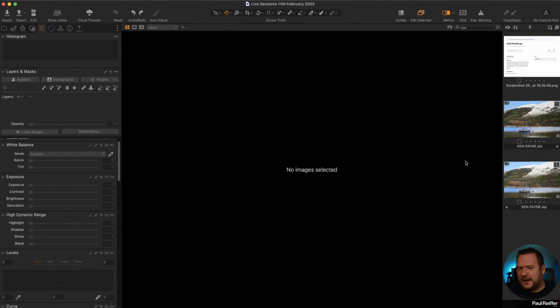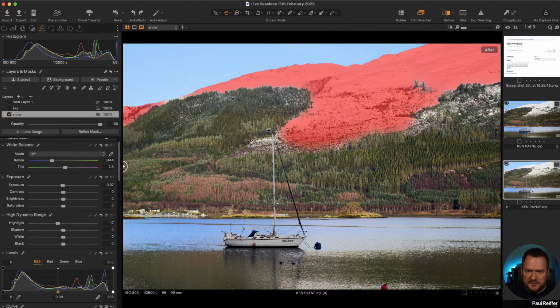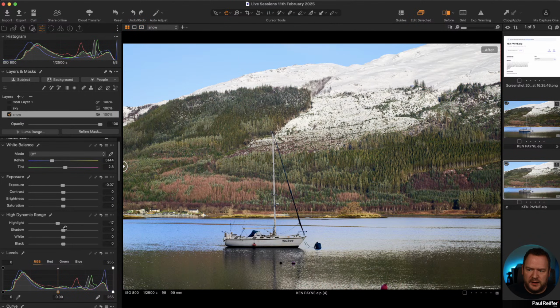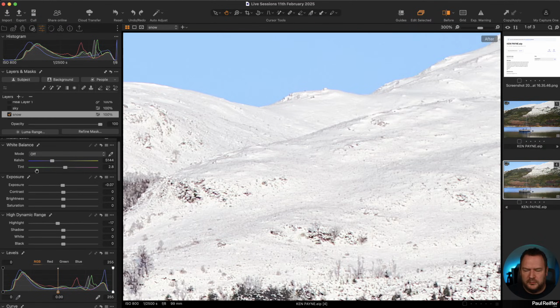Okay, next layer. Ken, you love the fact that we're dissecting your image. I'm sorry, but you asked, is there different ways of doing this? Yeah. So the snow, we have a layer on here which brings down the highlights a little bit, and all that's doing is giving us some of the detail back in the snow. So if we zoom in quite a lot, more than sort of 300% there. Up here, quite bright. Down here, less.